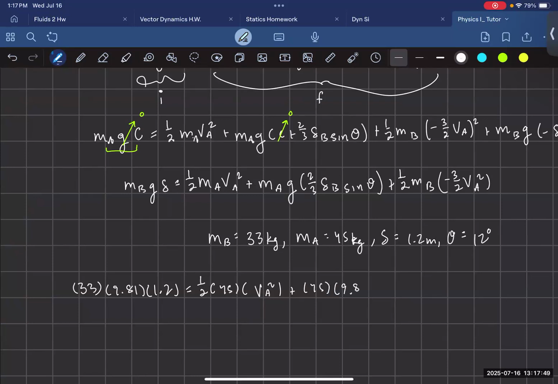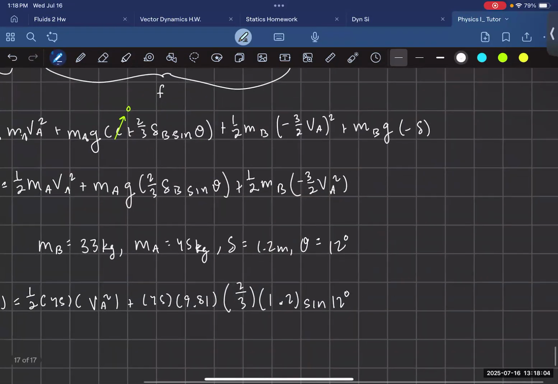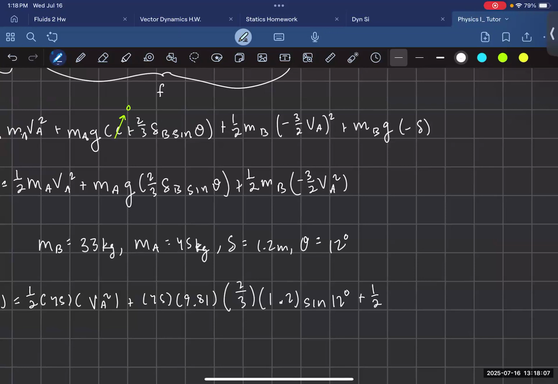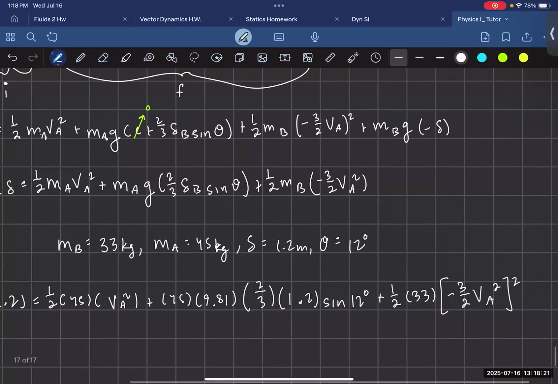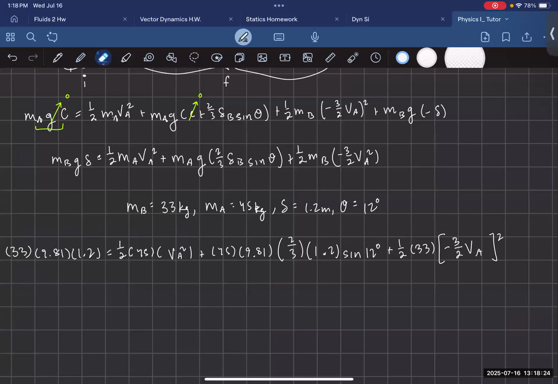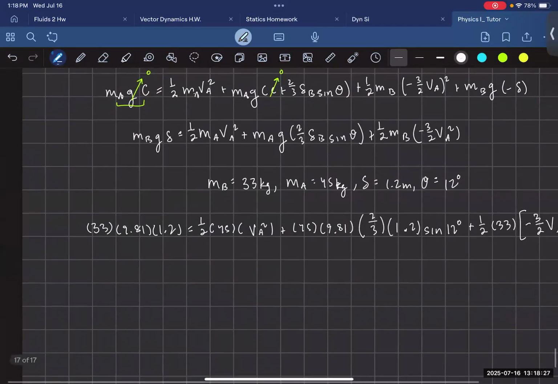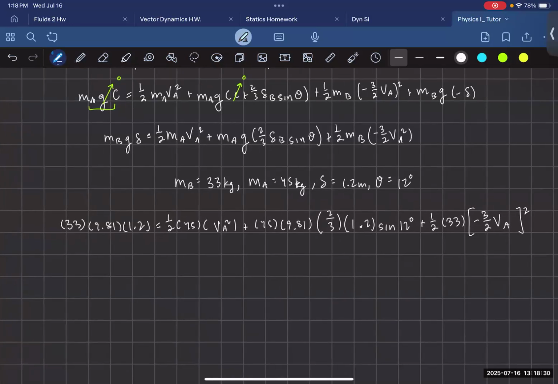Mass of A times 9.81 times 2/3 delta, which is 1.2, sine theta, which is sine 12 degrees, plus 1/2 MB, which is 33 kilograms, times negative 3/2. The negative isn't going to matter since it gets canceled anyway, but we can put it in. Okay, so now the only unknown in this equation is velocity of A, which we can